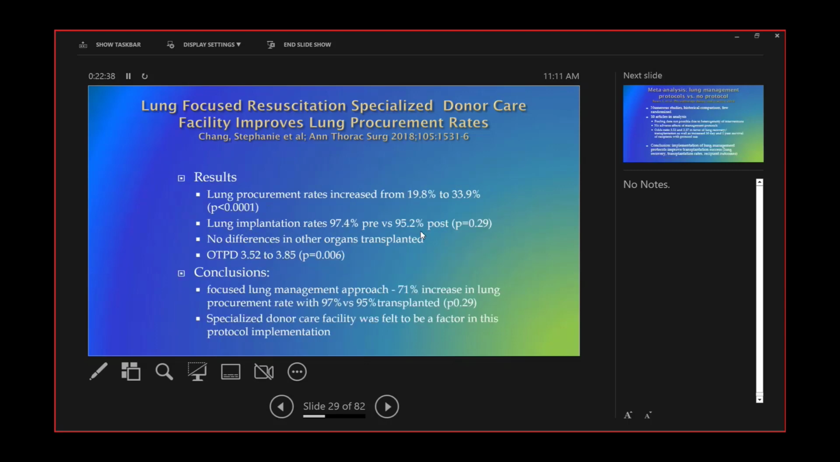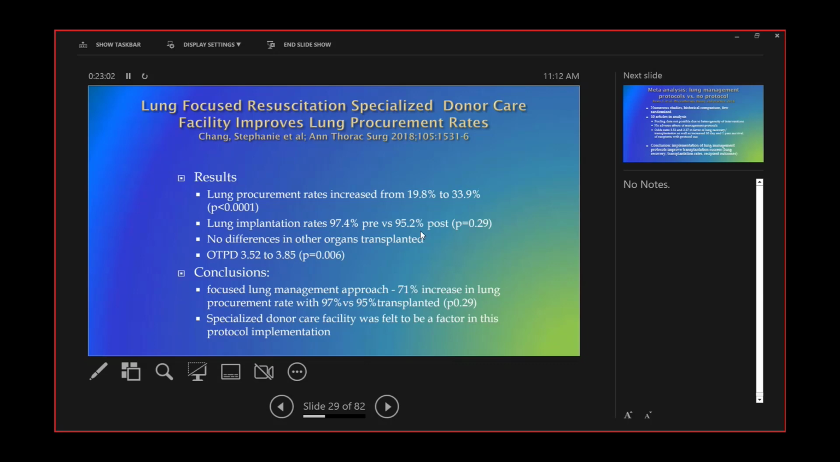And what they showed was they could increase their lung procurement rates from about 20%, which was the average for the nation, to up to about 34%. And the implantation rates of both groups were fine. They were about the same. And there were no differences in any of the other organs transplanted. And they showed that their overall organs transplanted per donor went up from 3.5 to 3.85